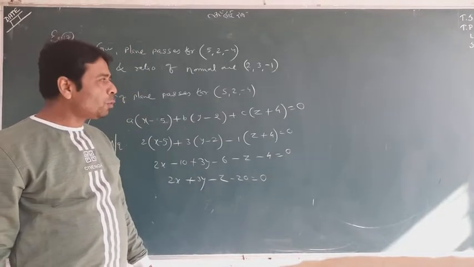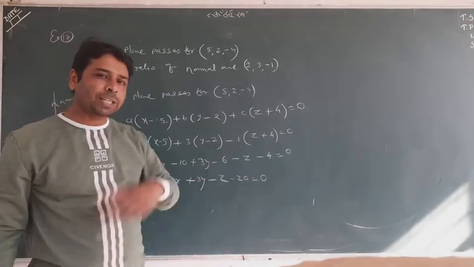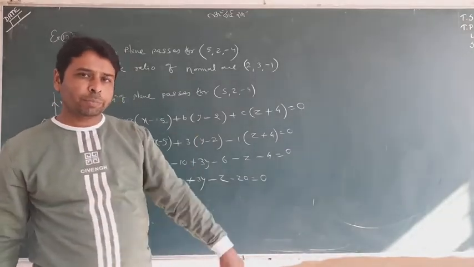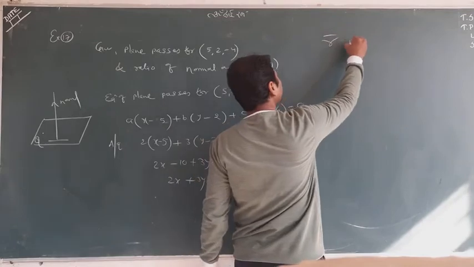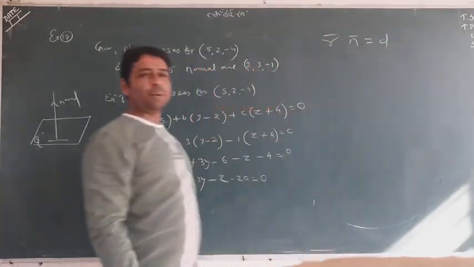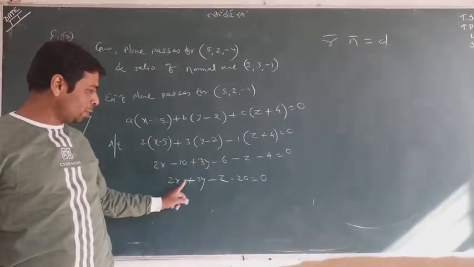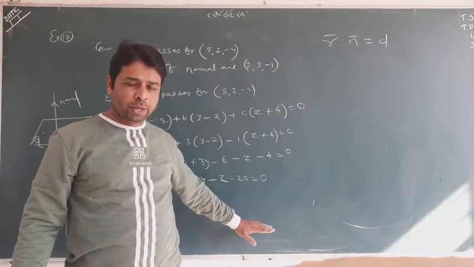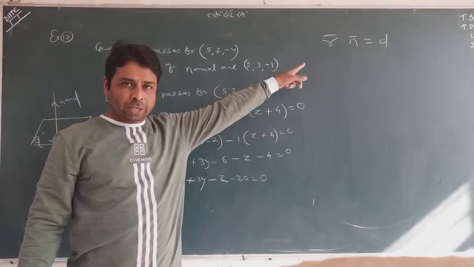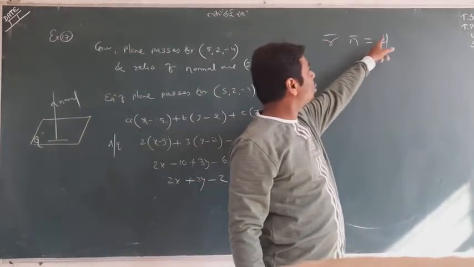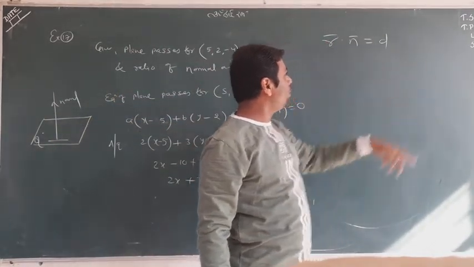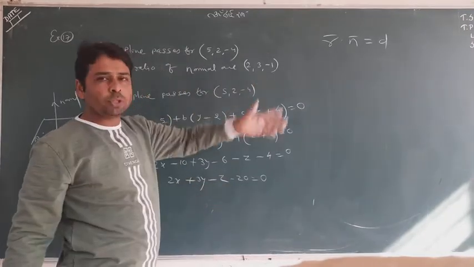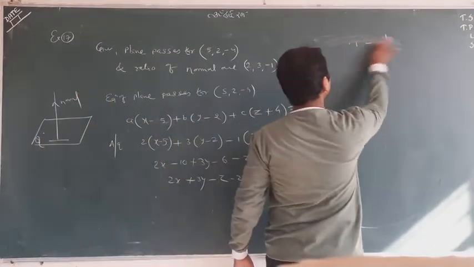And you want to convert that general equation into vector form. So how can we convert to vector form? First you should know what the vector form is. This is the vector form: r dot n equal to d. And this is ax plus by plus cz equal to d or plus d, no matter at all. This is the general form in Cartesian way, and this is the general form in vector way. So the vector equation is r dot n equal to d, and we want to convert to this form. It's very easy. I'll tell you how.